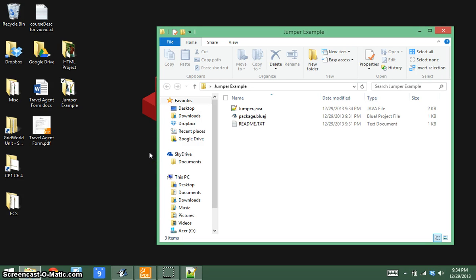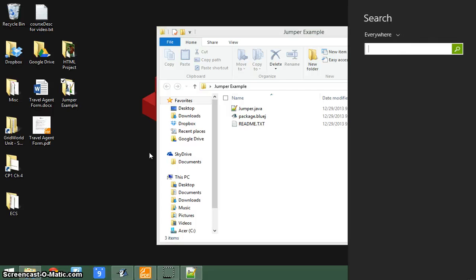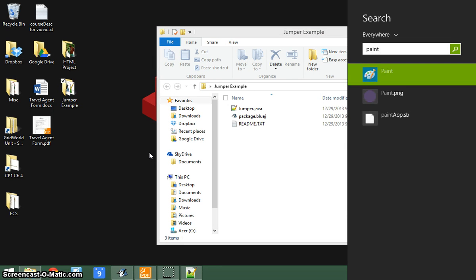Some of you may be using an Apple product at home, or you might be using Windows 7. You're going to need to figure out how to use your own machine, find the appropriate paint tool, or download GIMP, or simply not have a custom image for your Jumper. But I'm going to show you how to do it on my machine here, and it is a Windows 8 machine. So I'm going to open Paint,